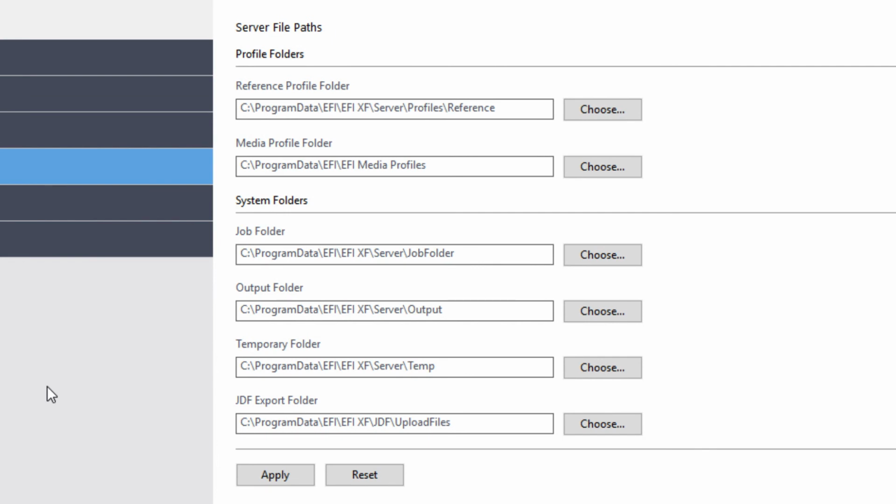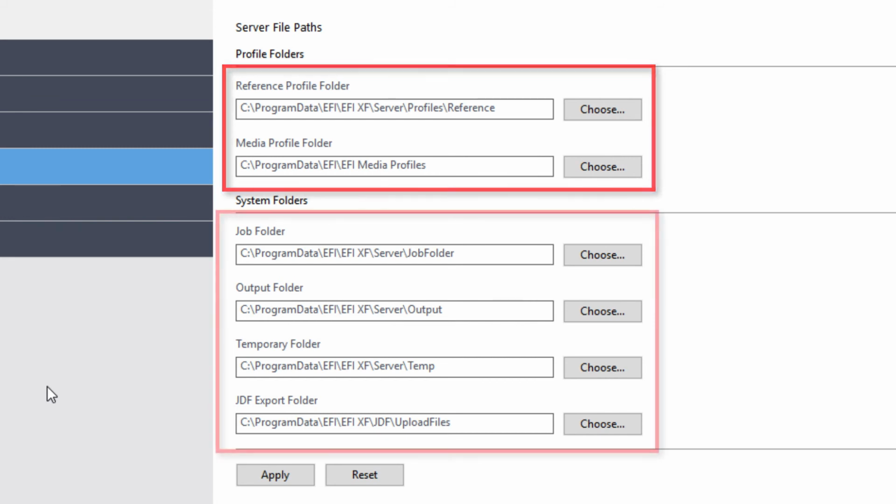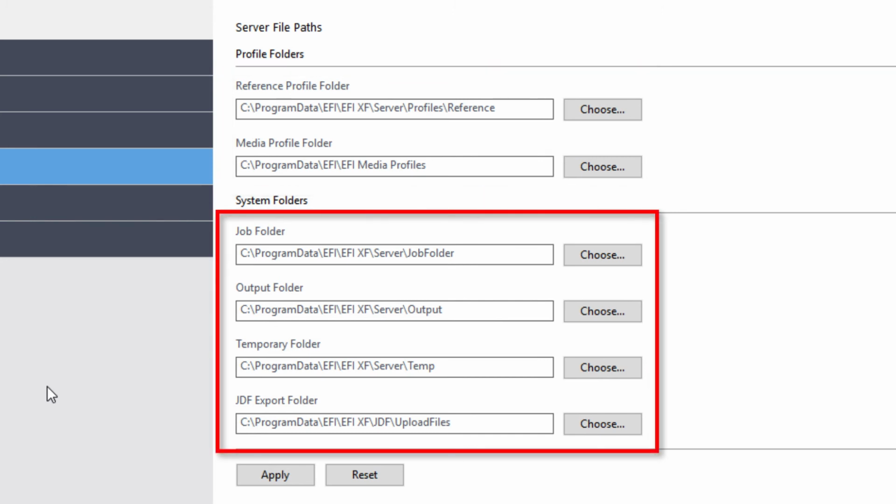Server File Paths moves profiles and program files from their default install location to a different location. Selecting a different location for profiles, such as a common network share, can be useful when you are managing multiple Fiery servers. Selecting a different location, especially for jobs, output, temporary, and JDF files, is useful when you have multiple